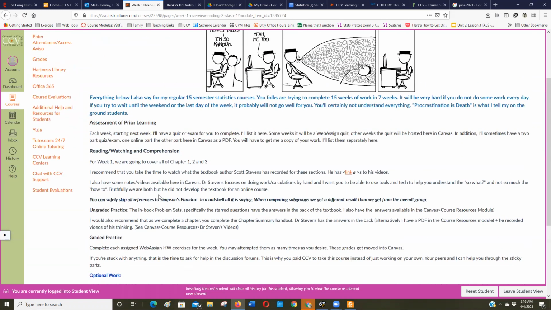So yeah, that's what you can do. I tell you where a quiz is, whether it's out at WebAssign or here in Canvas. Sometimes I'll mix it up and put some in both places, because WebAssign is pretty much either short, type-in answers or multiple choice. Sometimes I want to see your work throughout the semester, so here in Canvas I'll say, do these questions and show me your work. When we get there, I'll give you some directions.